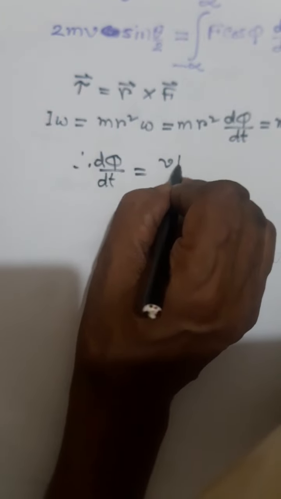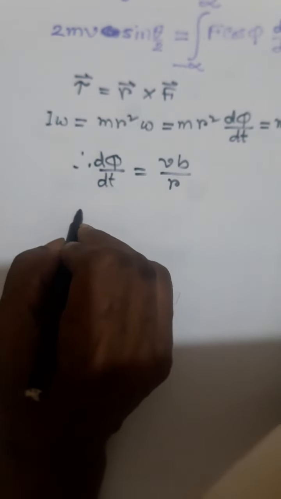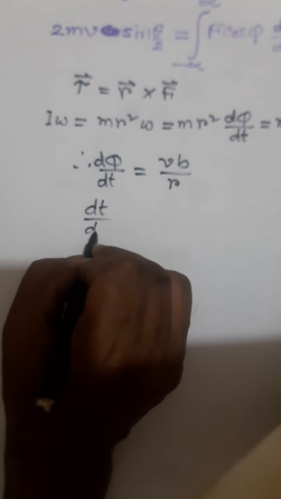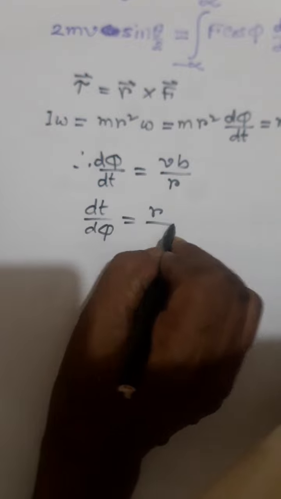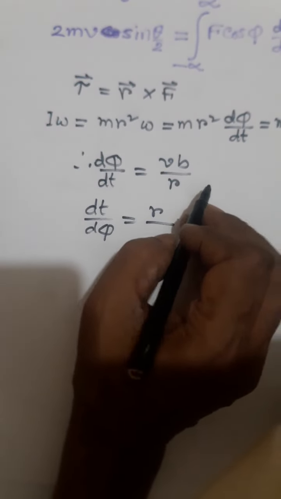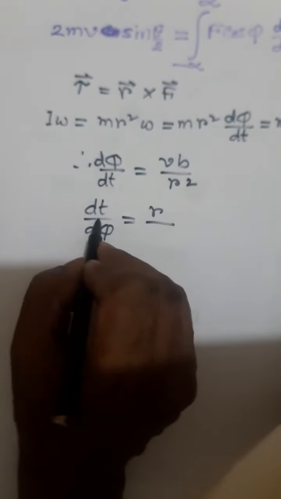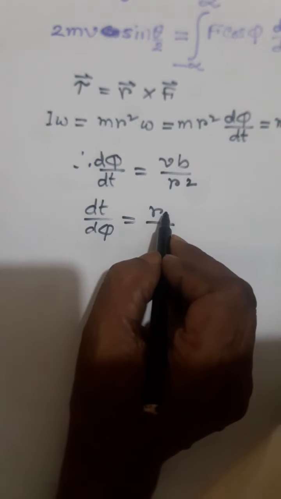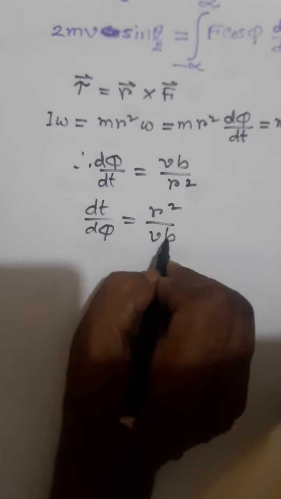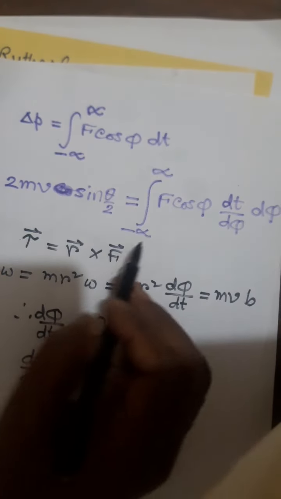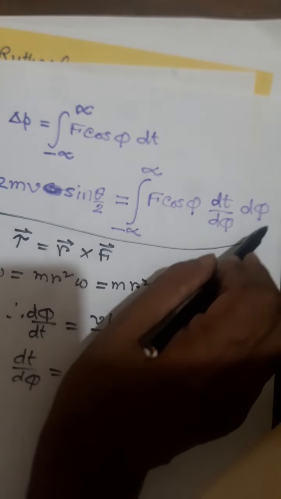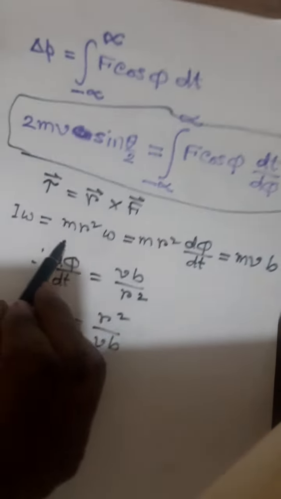Therefore, d phi by dt equal to vb by r square, or dt by d phi equal to r square by vb. Putting the value of dt by d phi in this equation, we have